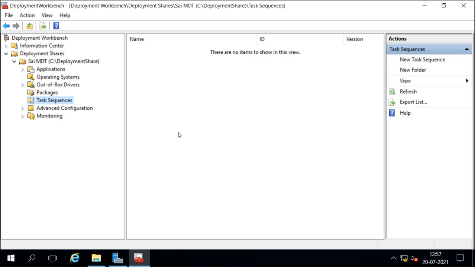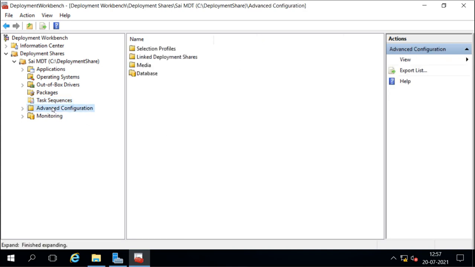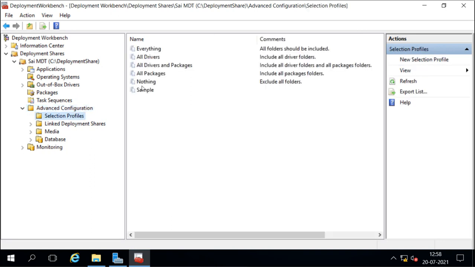Then there are some advanced configurations, for selection profiles and linked deployment shares. These are the selection profiles: for everything, all folders should be included, all driver folders, all drivers and packages, all drivers, nothing, sample, like all these we have added: packages, drivers, applications.